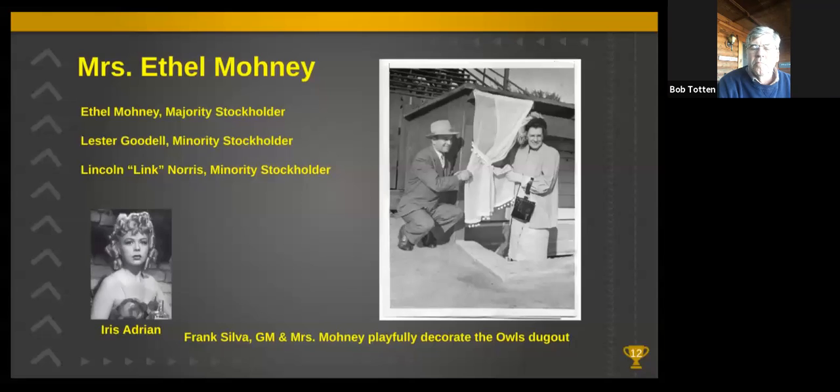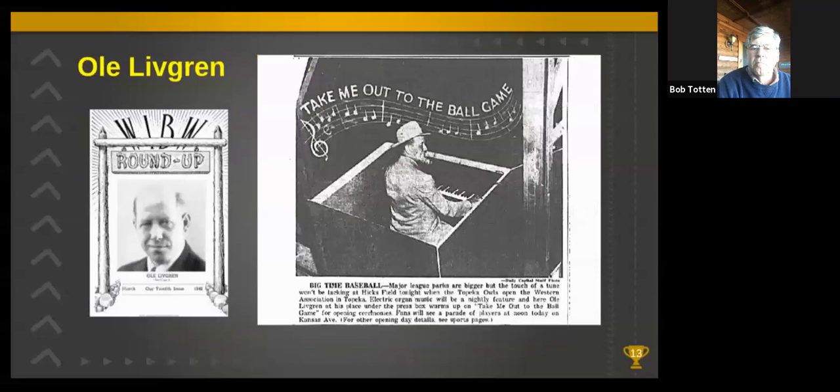One innovation the new owners brought to the local baseball scene was to have an organ installed at Owl Park. Ole Livgren, a popular local entertainer who played morning, noon, and night on WWW radio, and in the evenings at Mrs. Maloney's restaurant, was asked to play for the fans, and he did through the years of the Owls, Hawks, and Reds. A while back, I corresponded with Ole's nephew, Kerry Livgren, who's had a pretty good musical career as the founder and lead musician with a progressive rock band, Kansas.